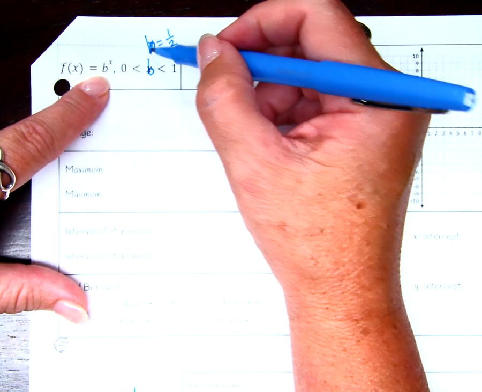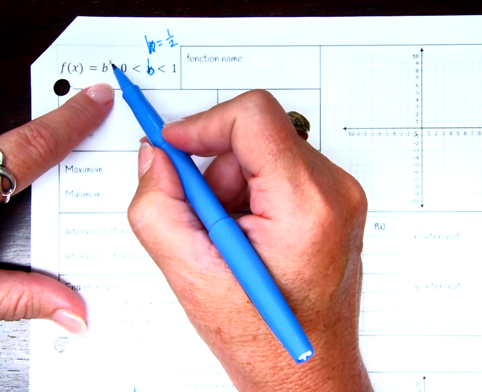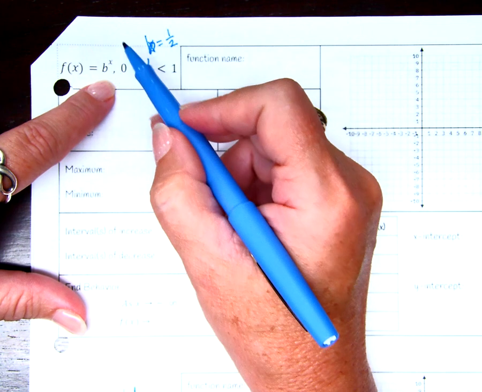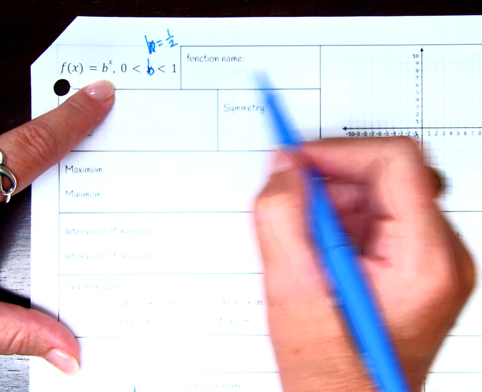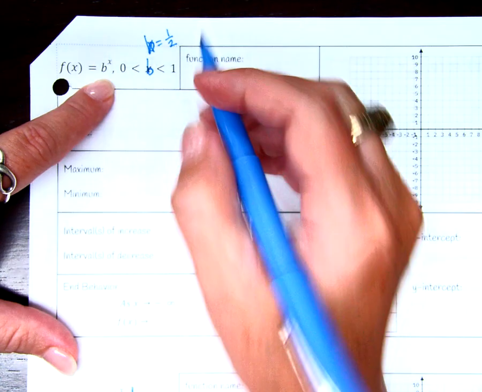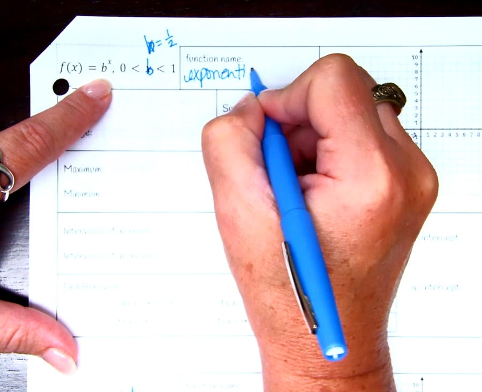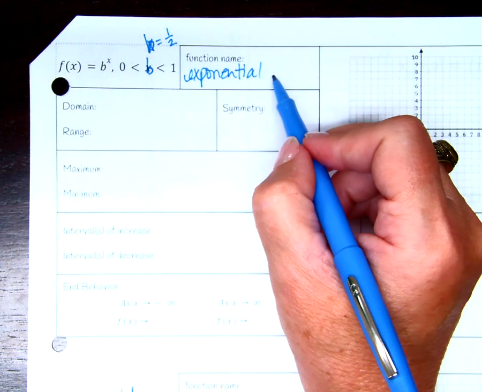So if b is 1/2, answer me this. Where is the variable? x is the variable here, and where is it in this equation? It's in the exponent, right? So what kind of function do you think this is called? Exponential. You notice I left some space out here? Because these are both actually exponential, but we have